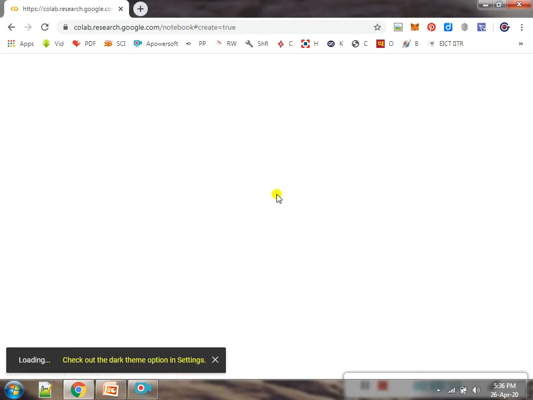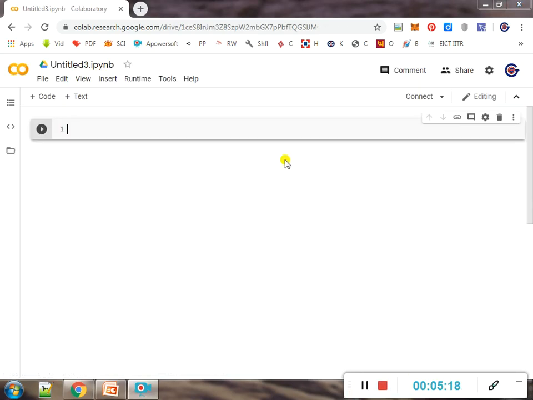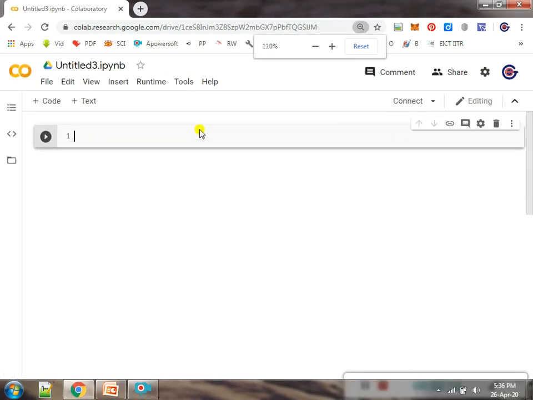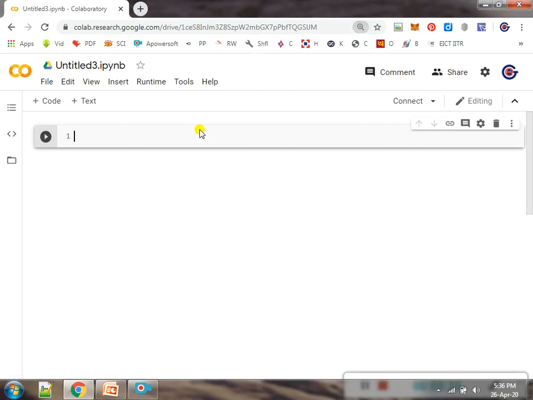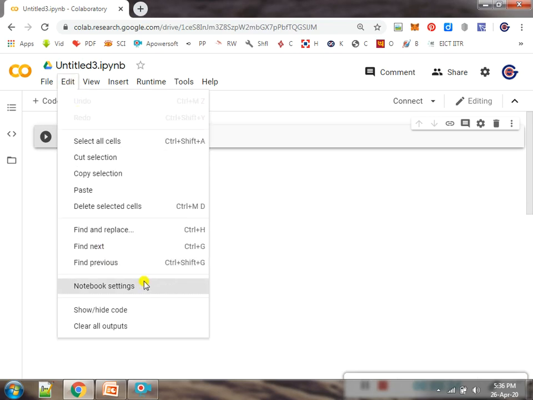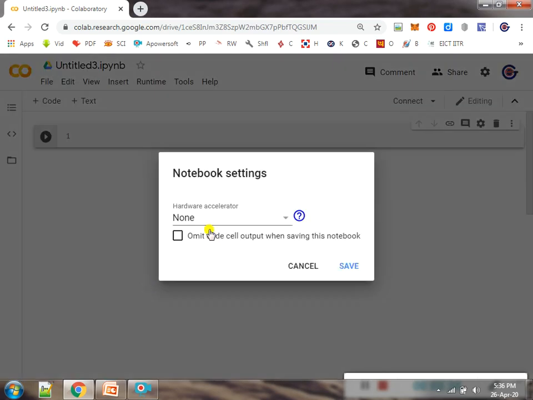Now you can see the new notebook is opening, and this is the online Jupyter platform along with GPU. Now the question comes, where is that GPU? You can see that in edit, notebook settings, hardware accelerator: none, GPU and TPU.